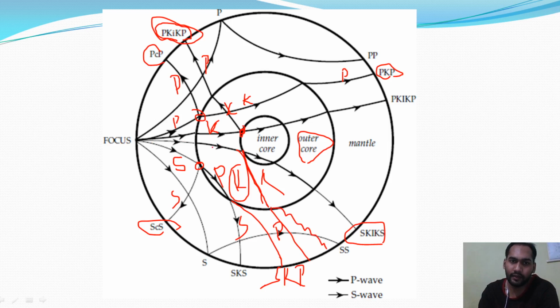S in the mantle, then in the outer core it will be named K. It is reflected from the outer core, inner core boundary, so small i, then again traveled in the outer core, so that will be K, because S cannot travel in the outer core, that will be P, so that is K. Then while coming out from the outer core to the mantle, it can travel as P or as S. So similarly we can name it SKiKP or SKiKS. There is another diagram where I will show you these symbols, right? SKiKP and SKiKS.